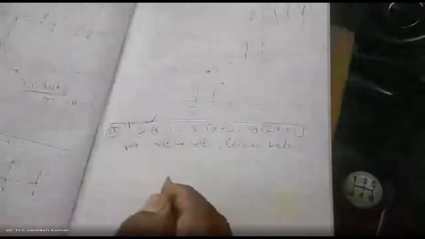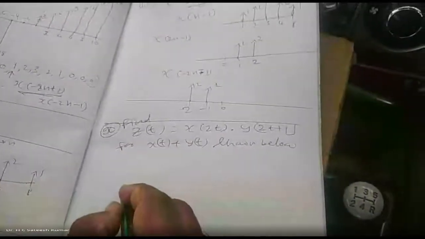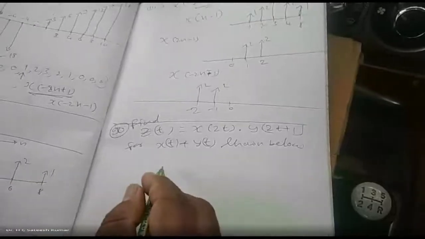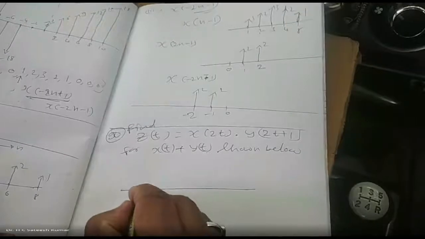Okay. Now what he said is he has given two signals. Two signals he has given. Do the operations and then at the end you multiply it. So, okay, I'll take up x of n first. So it is like this.